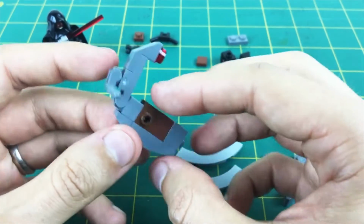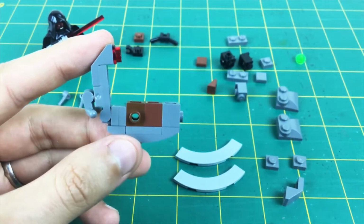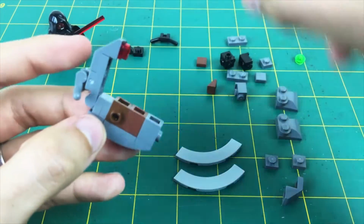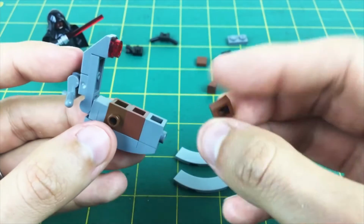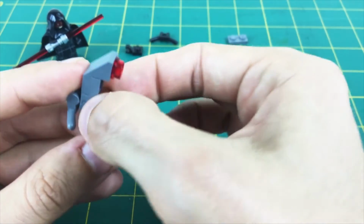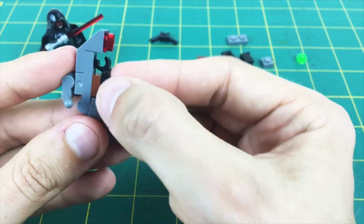The foot pedals that, in the actual thing, Maul places his feet on here, but because minifigures have such small feet, we don't worry about that. We can indicate where his feet would go, but we don't have to worry about that. So then we take the 1x1 brown plate, we place that on there, and then the 1x1 black clip,